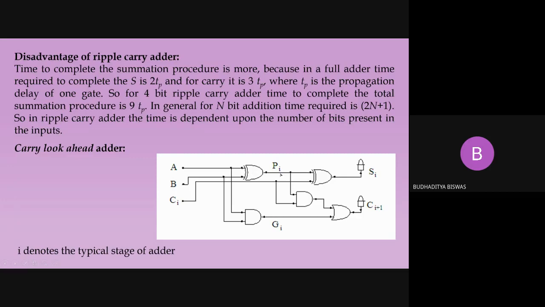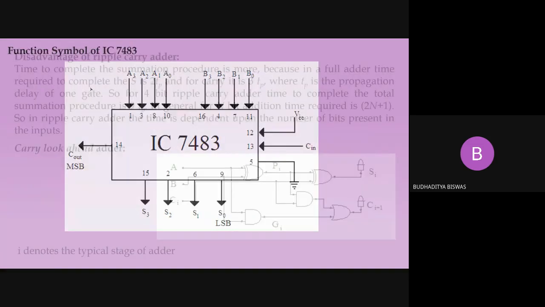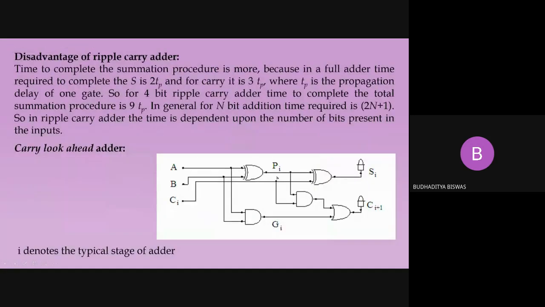Now this is a typical stage of the adder. What is a stage of the adder? Just look here. How many stages are there? Total 4 stages. This is the first stage because A0 B0 are added first. After this, A1 B1 is added, then A2 B2, then A3 B3. So total 4 stages are there: stage 0 or stage 1, whatever you call it, then the second stage, third stage, fourth stage. This is called the addition stage, and here I indicates the stage number.